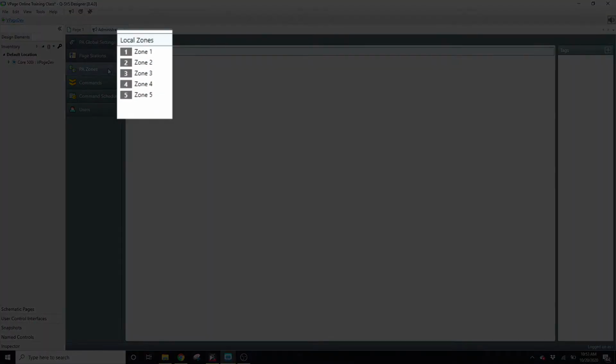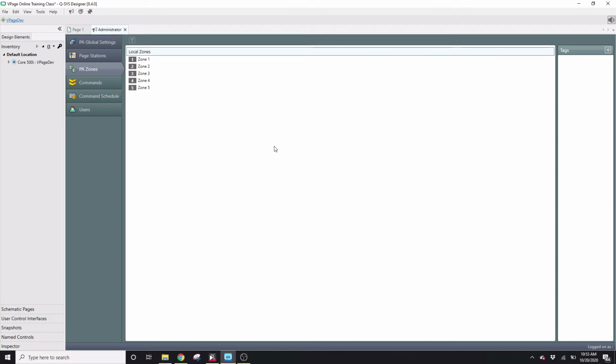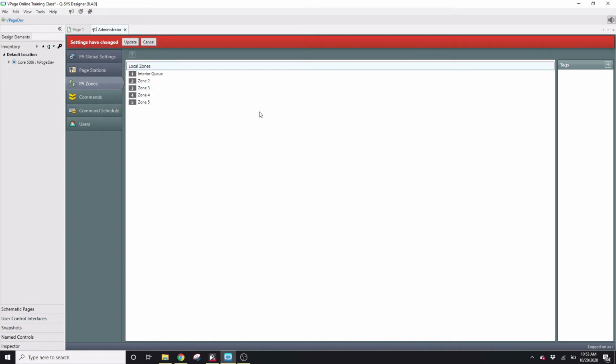Listed, you'll see 5 zones. Remember, that's how many zones we defined our PA router in the PA Router Properties tab. You can give names to these zones by double-clicking and then editing the name. A zone is a speaker or set of speakers you want your voice to be sent to when you're making a page. In our attraction, we have 5 zones that we'd like to define: exterior queue, interior queue, load, ride